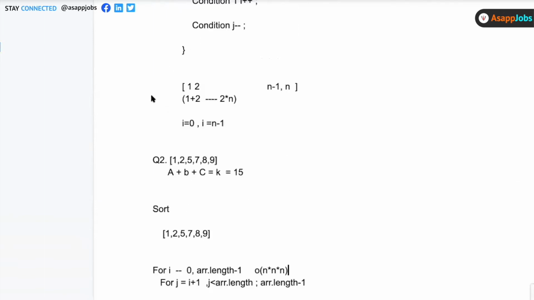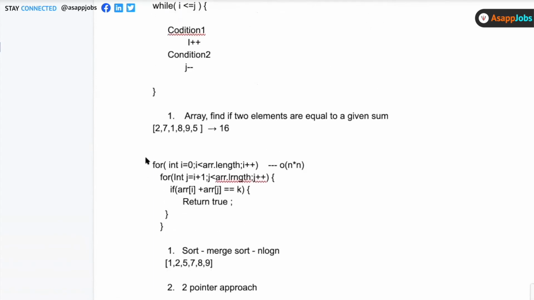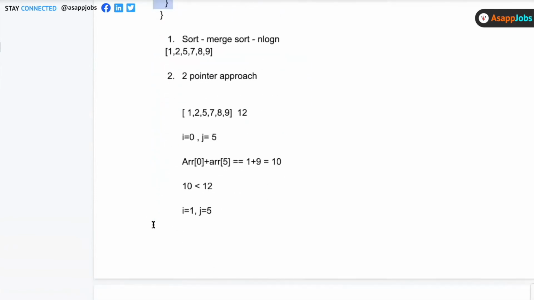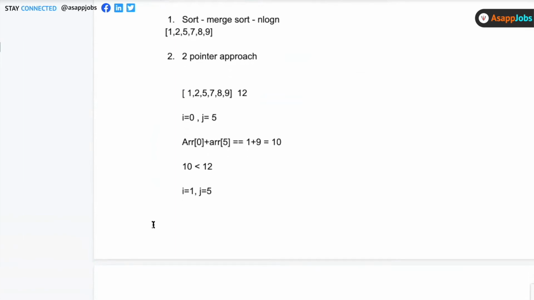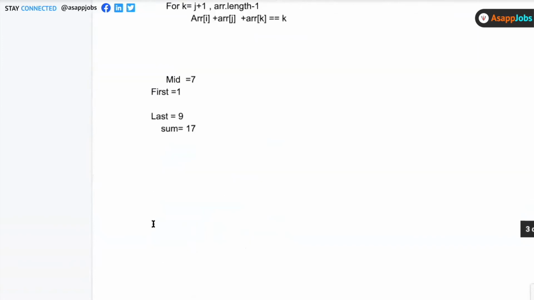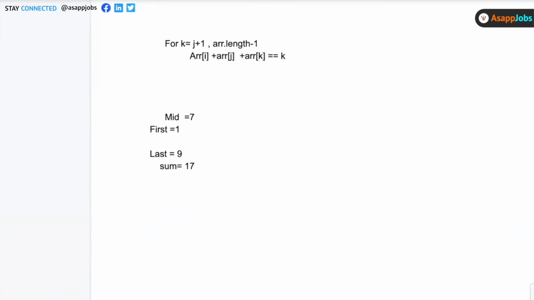I'll give you one more pattern. In the previous question, if you do it brute force, it was two for loops, right? But if you went for the two-pointer approach, you did a sorting and then were able to do it in a single loop itself. Similarly, here brute force is taking three loops. So can you think along similar lines, that if I use sorting and a two-pointer approach here, I can bring down the complexity? Let me ping this file and give you the edit permission. Why don't you try your hands yourself once?